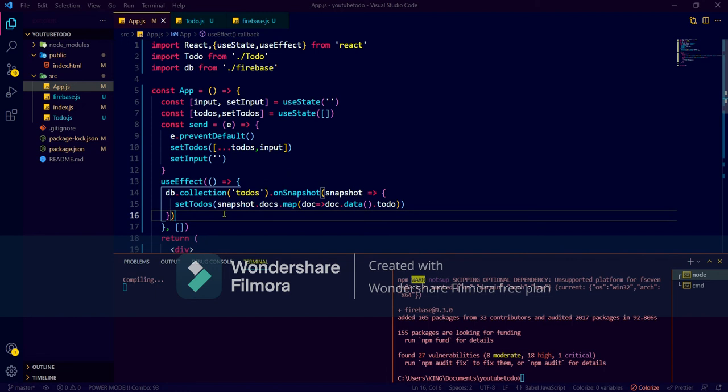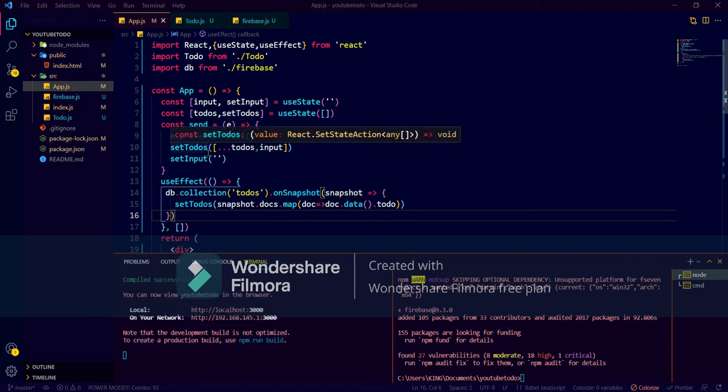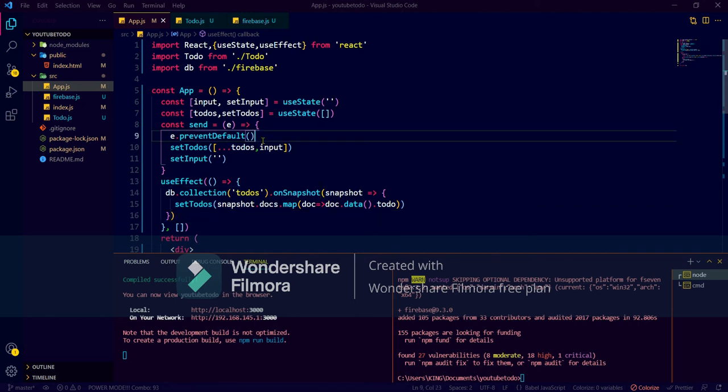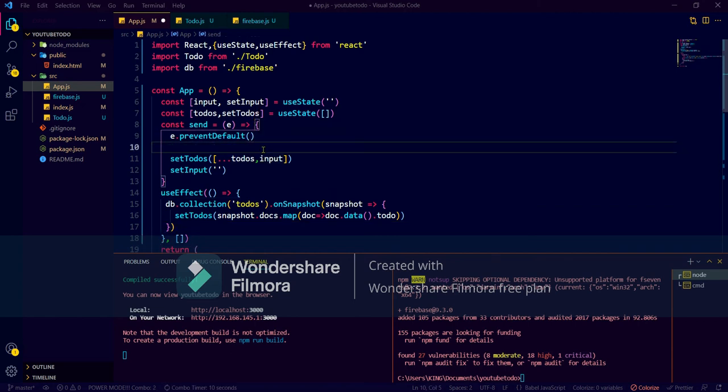This is just for reading from the database, but when we hit the send button, it should also add to the database. Right now it is not adding, it is just displaying in the browser. So we will implement that adding functionality here, and it is also very simple.